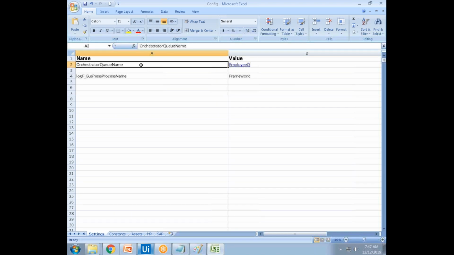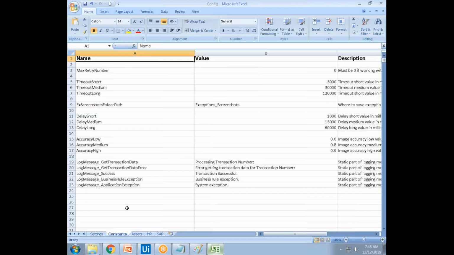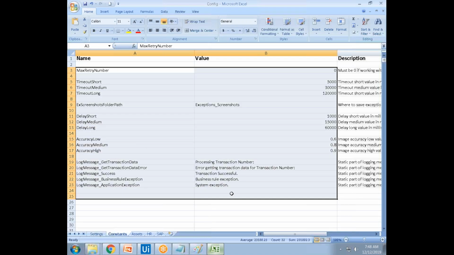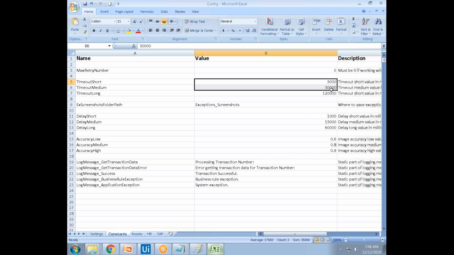Settings and constants: what is the structure? Name and value, right? That is what we discussed here. Settings and constants both have name and value. These all came already. For example, you can mention the maximum retry here. Then timeout short, timeout medium, timeout long. That means timeouts, in milliseconds. If you want to use these ones,